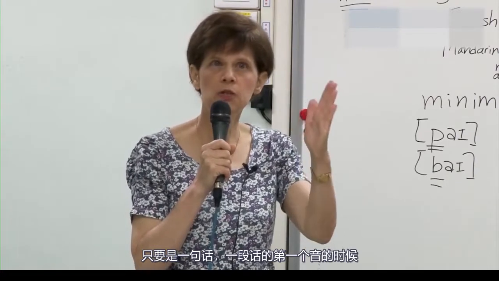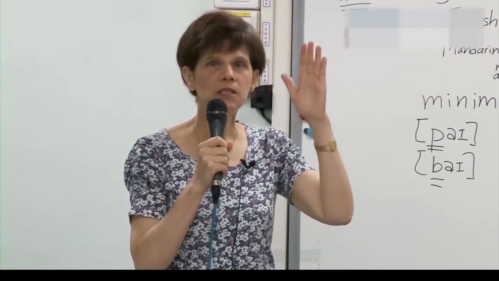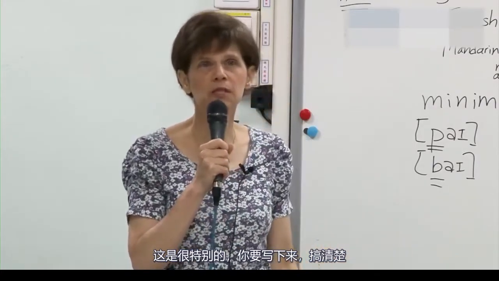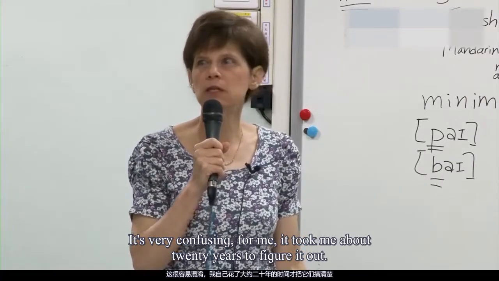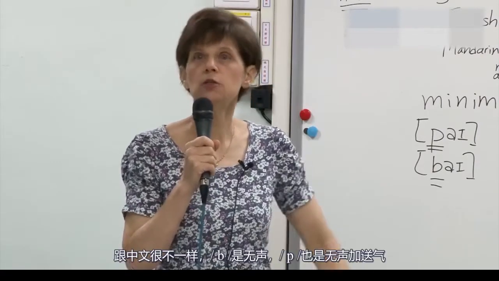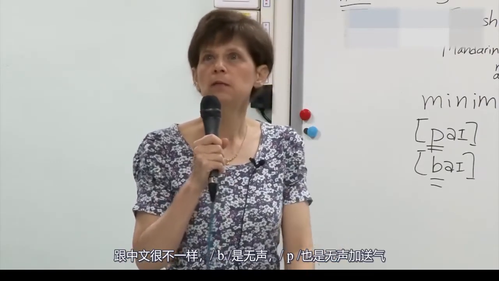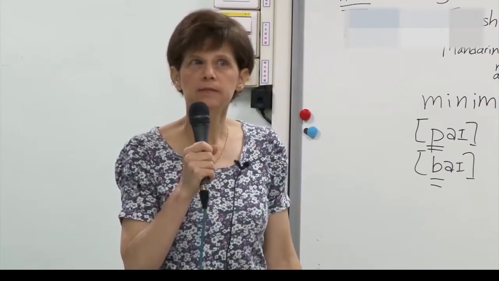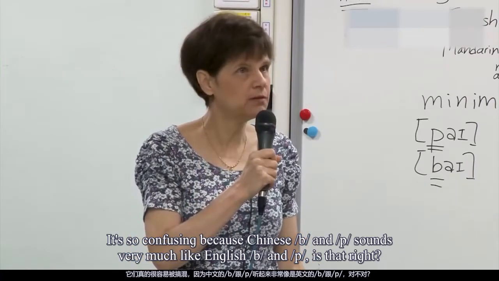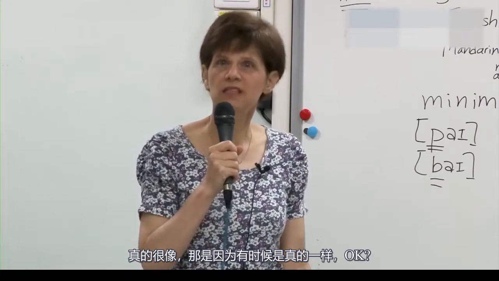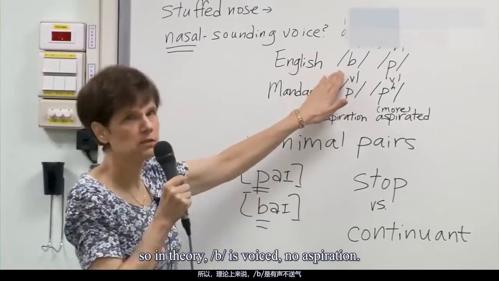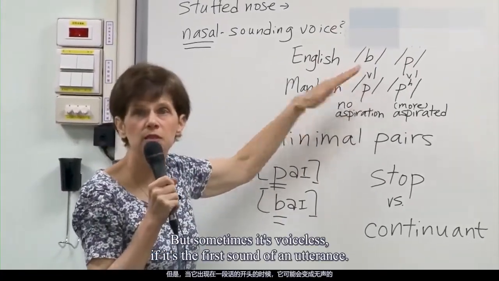只要是一句话、一段话的第一个音的时候，BDG 是无声的，通常。这是很特别的，你要学下来搞清楚。It's very confusing. For me, it took me about 20 years to figure it out. 因为课本都会说英文是 b 是有声，p 是无声，跟中文很不一样。b 是无声，p 也是无声加送气。It's so confusing because Chinese b and p sound very much like English b and p. Is that right? 真的很像。那是因为有时候是真的一样。